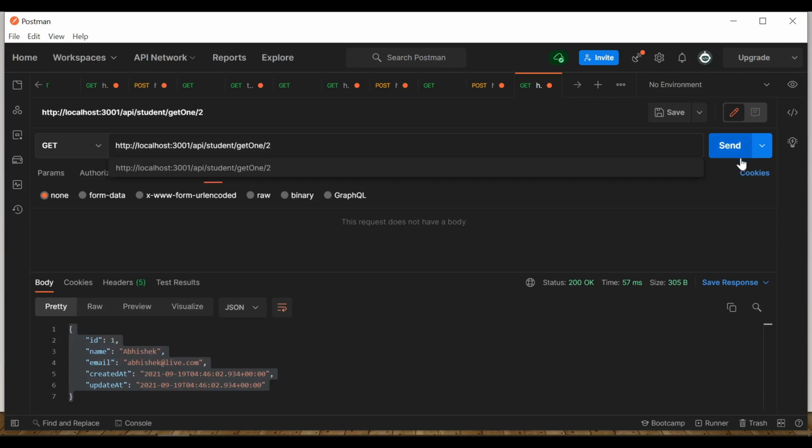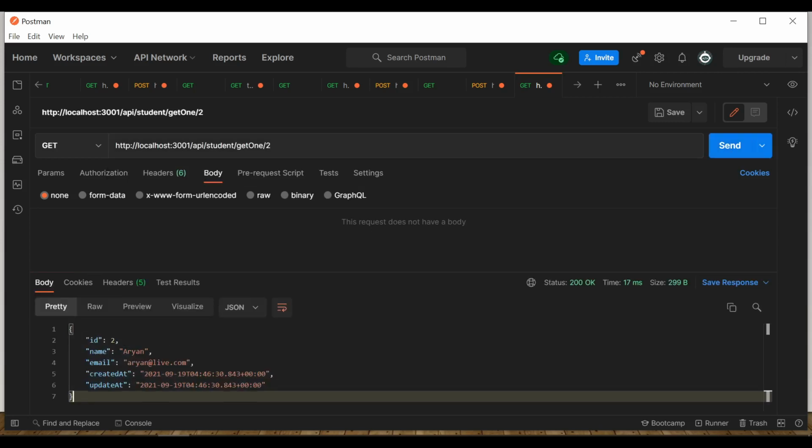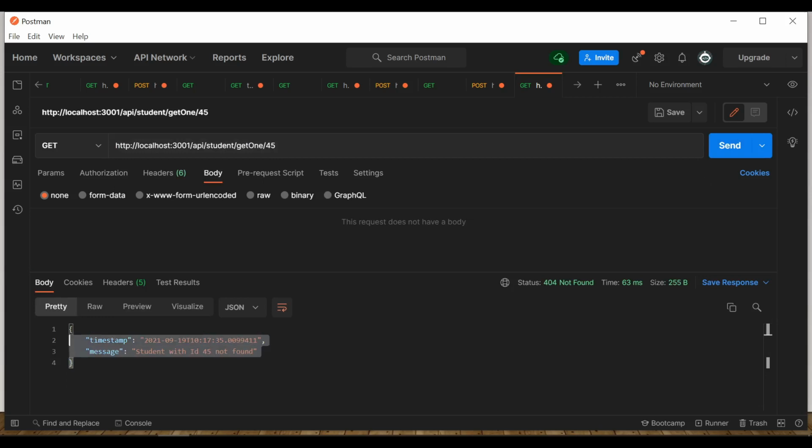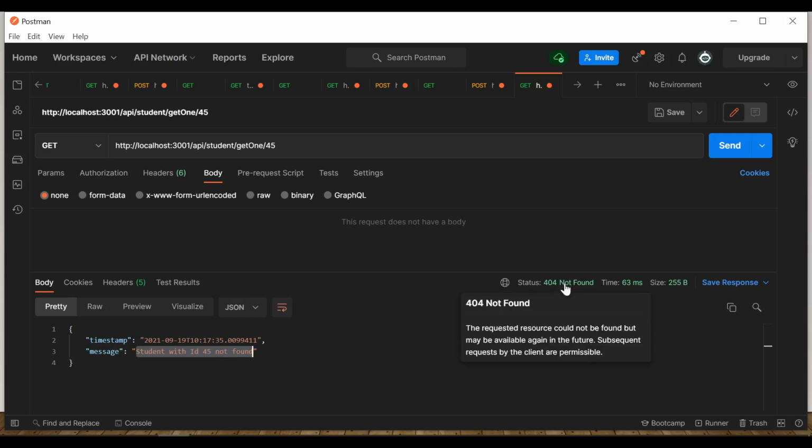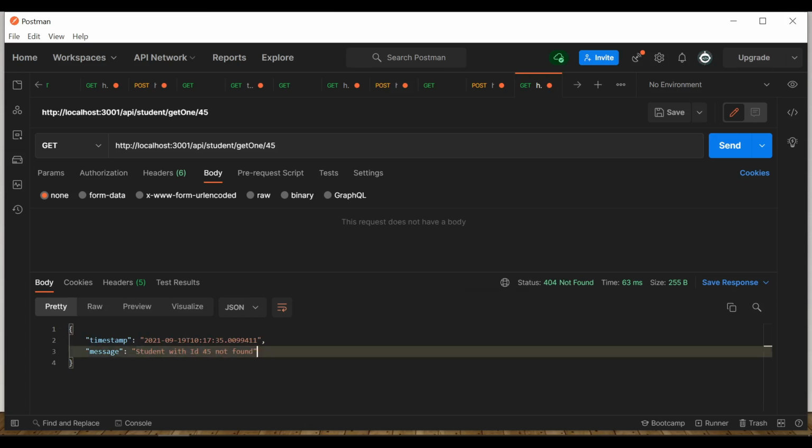If you do 2, it will return the second object. If you pass any random ID which doesn't exist, it will give you a proper message that student ID 45 not found, and the HTTP status code is 404. All these details we will cover in this lesson.